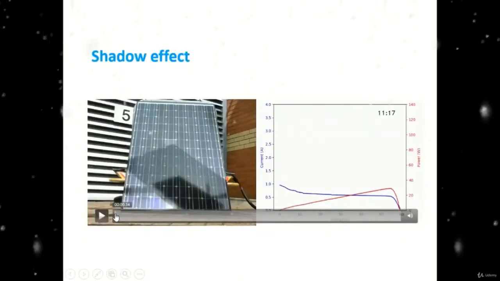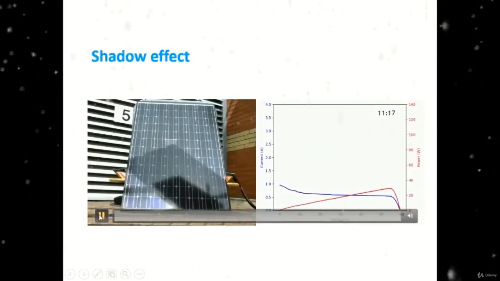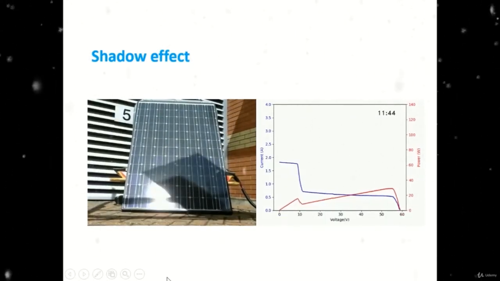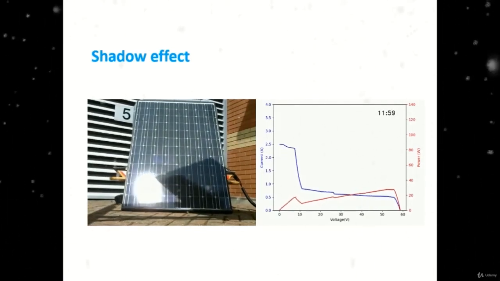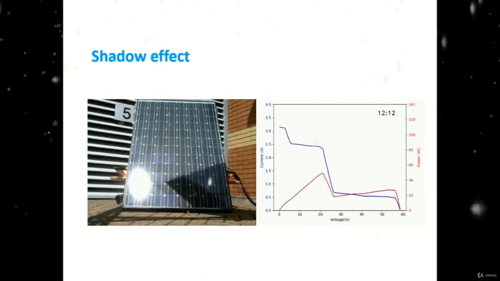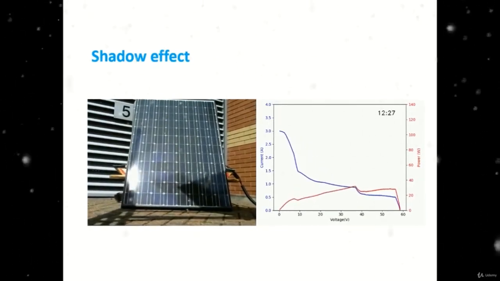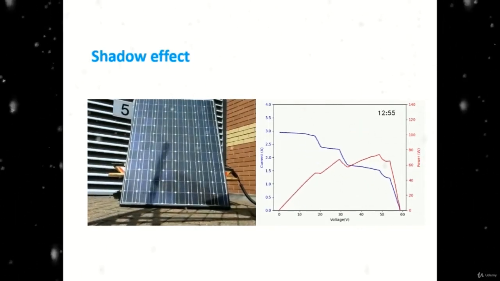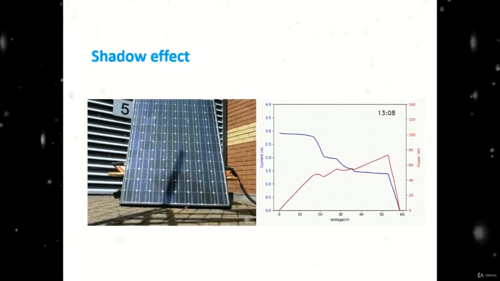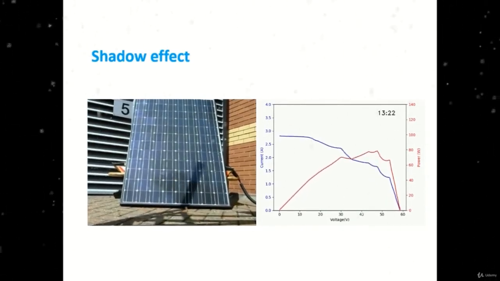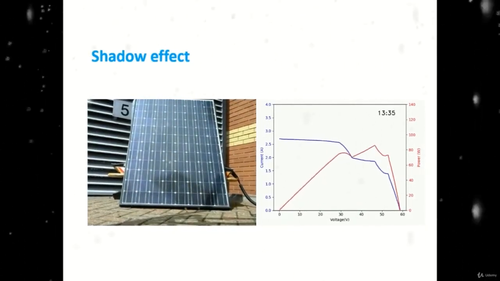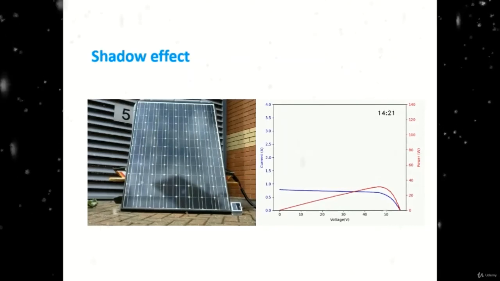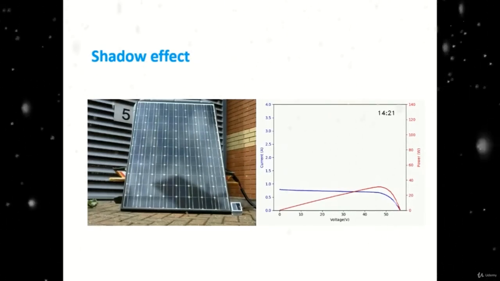Here we have the shadow effect on the solar panel. As you see, the IV curve and the maximum power point tracker track the maximum point that we can get from the PV panel. As you see, the shadow affects the power output significantly, even if the shadow is small. So we have to ensure that the system is without shadow in the design stage to get the maximum power